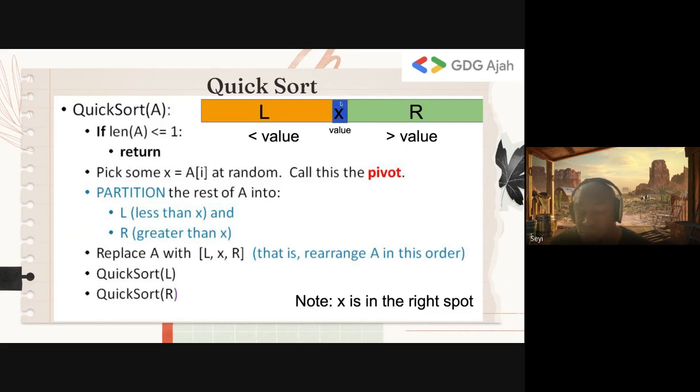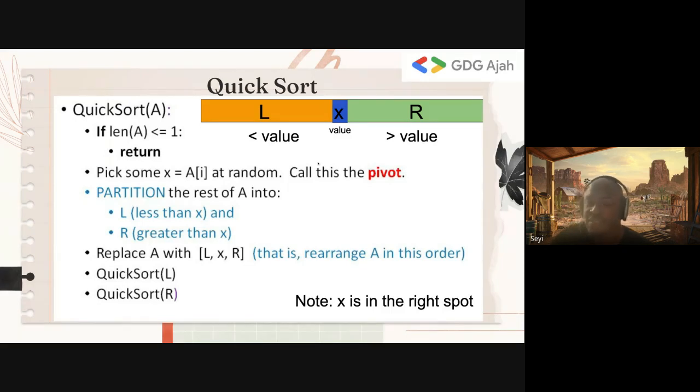And then if I can repeat the process and recursively sort the left and recursively sort the right, I can end up at my base case where everybody is in the right position in the array and they just return back up. So essentially what happens is it picks a random value. There are many ways to pick it. You could pick a random value, you could pick the first value, you could pick the last value. There are some nuances about which value you pick. And then once you pick a value, you partition the rest of the array to the left and to the right. And then you recursively sort the left and recursively sort the right.